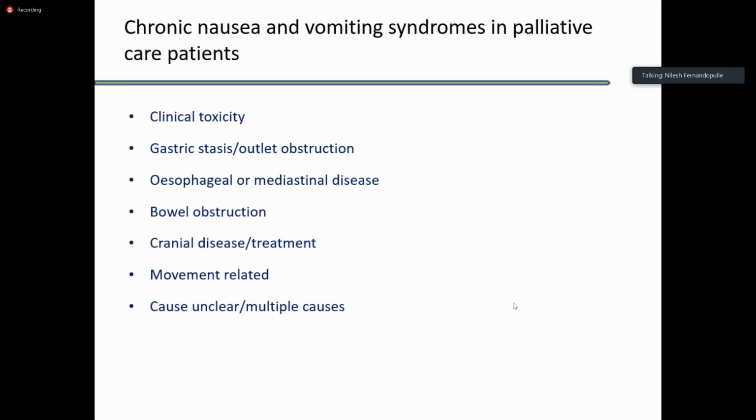So we have what we call chemical toxicity, gastric outlet obstruction, esophageal diseases, bowel obstruction, cranial diseases or treatment, movement disorders, or there are obviously things which are unclear or have multiple causes. So